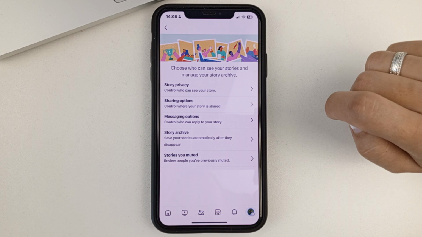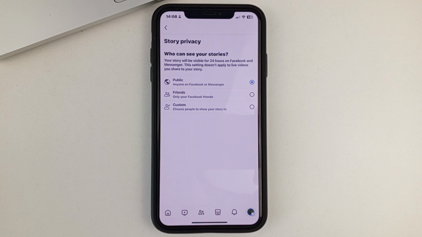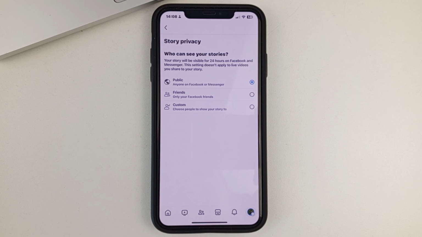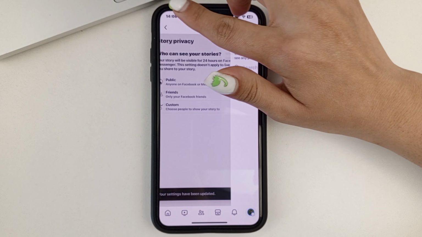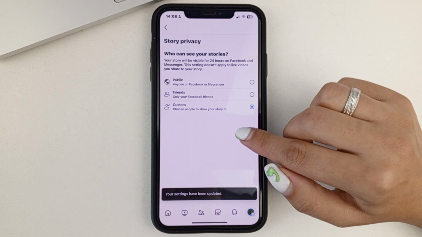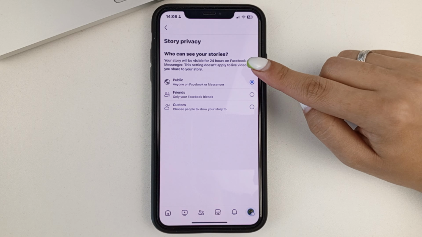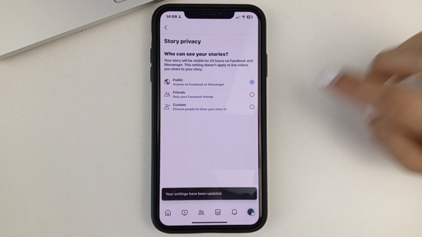Next, go to the very first section. This is Story Privacy. Now you'll need to switch to Public or Public Story. If you have, let's say, a story only for someone or a story only for friends, then of course everyone won't be able to see them. To do this, click on the Public Story so that they are immediately available to the public.